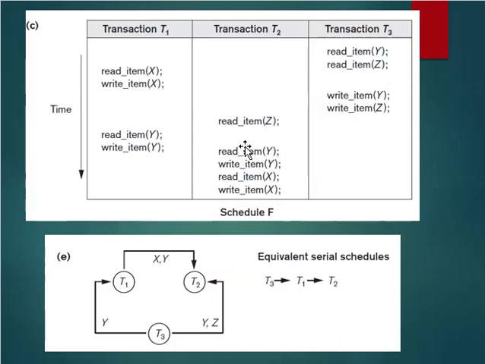And next the remaining operations are in T2. We now need to check T2 against T1 because all the operations in T1 and T3 are already executed. So here we get the graph, and you can see that there is no cycle in this graph. That indicates this schedule is serializable.